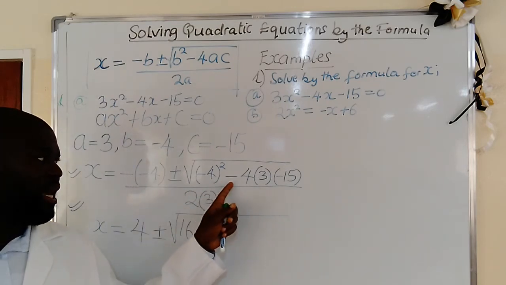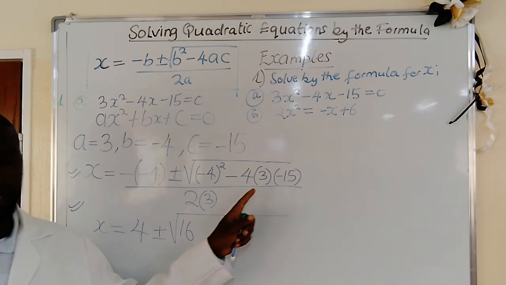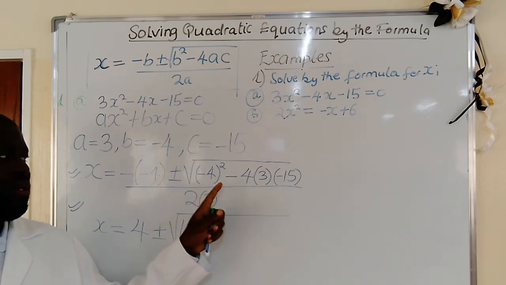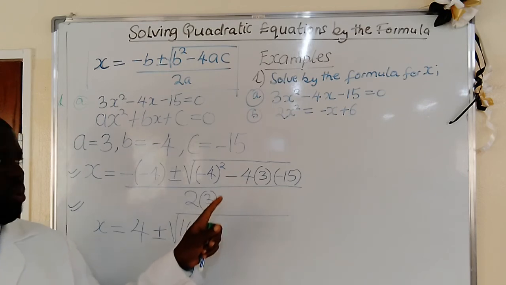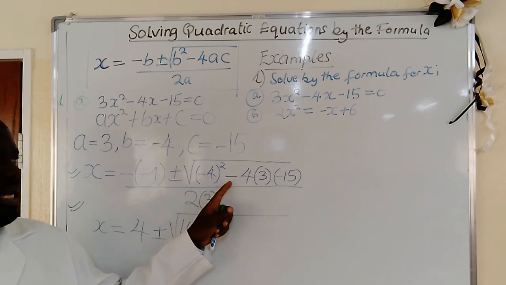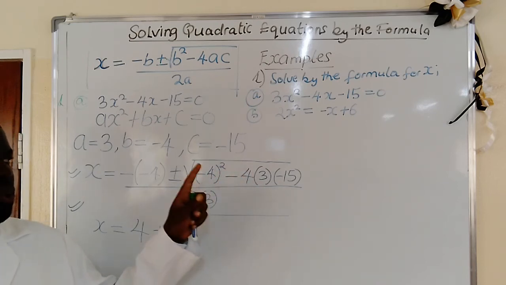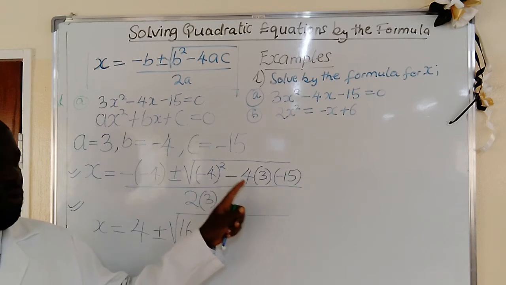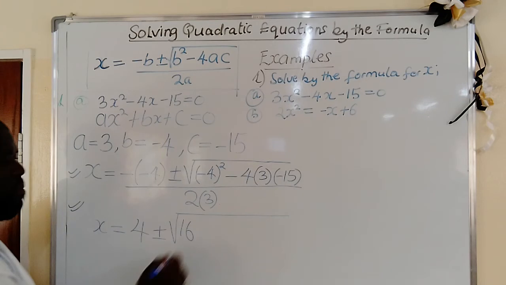You need to multiply this number here by each one of these numbers, and as you multiply, you need to multiply with the sign. So negative 4 by 3 is negative 12. Negative 12 by negative 15, we have positive